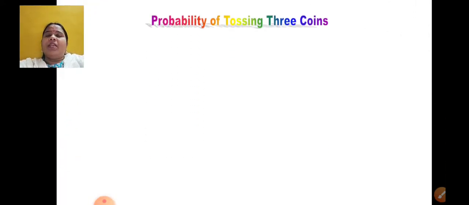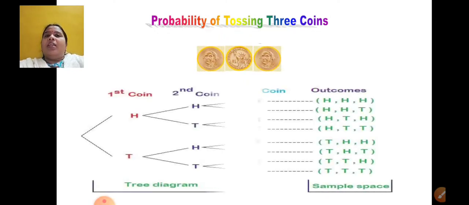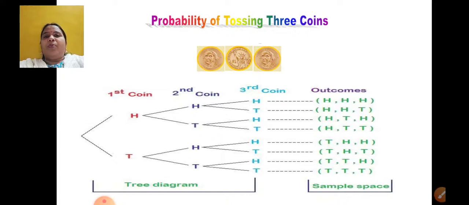What will be the sample space when 3 coins are tossed together? Now here I have represented a tree diagram in order to make it clear to you. See what is done. This is the first coin, second coin and third coin. Now try to understand. On the first coin, there are 2 possibilities, either it is head or tail. Correct? Now when we come to the second coin, there are again 4 possibilities like this. Why 4? See, when head is on the first coin, then on the second coin either it can be head or tail. Yes, when tail is on the first coin, on the second coin again it can be head or tail. Yes, so each possibility further has 2 possibilities like this.